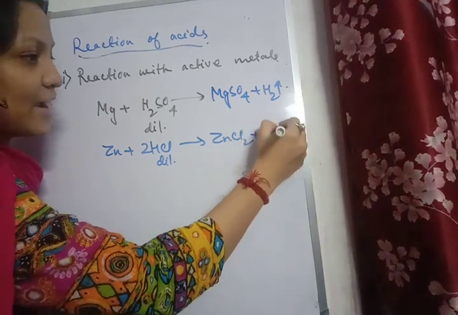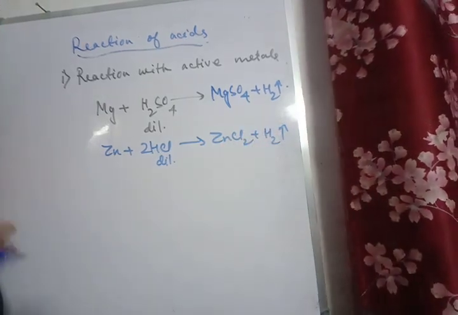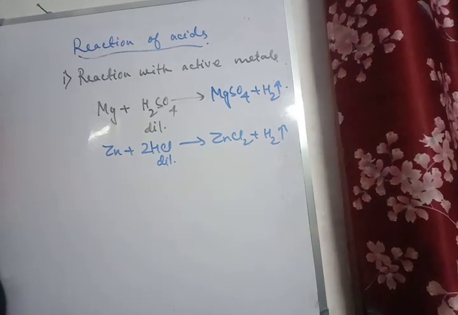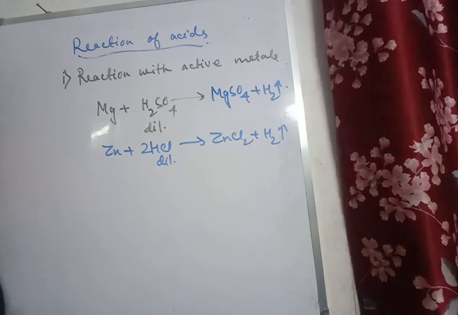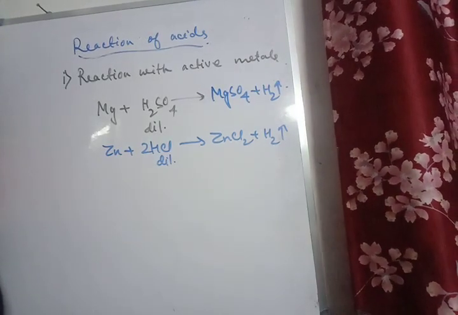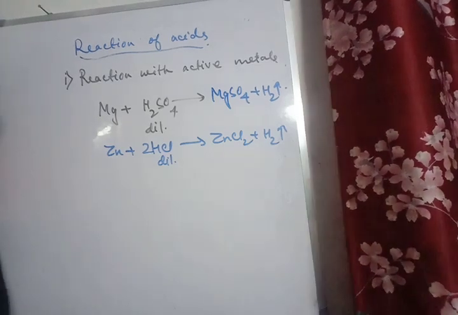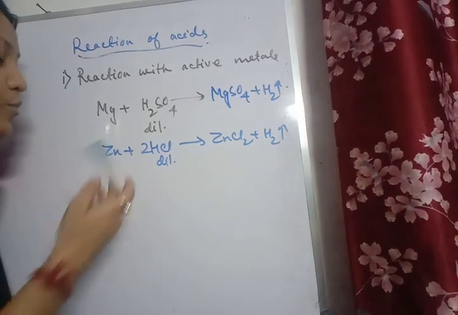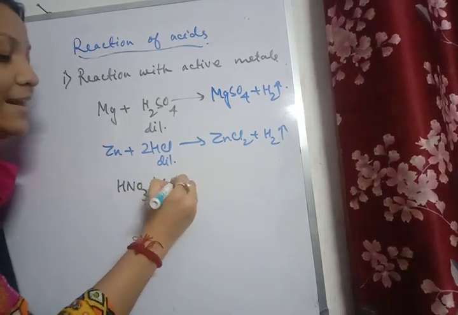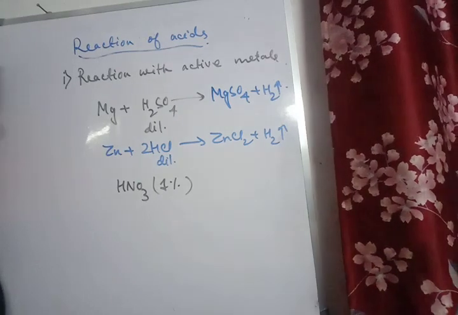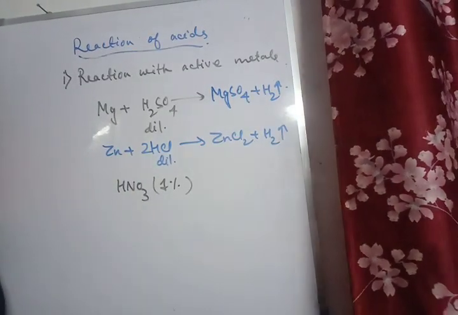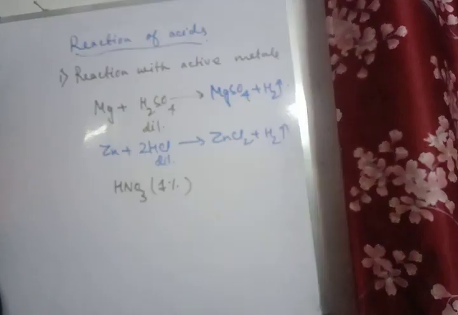Now in this particular reaction, we are going to use dilute hydrochloric acid or dilute sulfuric acid, but we avoid using dilute nitric acid because of its oxidizing nature. It oxidizes hydrogen gas to water. So we don't use dilute nitric acid, but we use the very, very dilute nitric acid, which is HNO3 1%. HNO3 1% means it contains 1 ml of the acid and 99 ml of the water. So very, very dilute nitric acid reacts with metals like magnesium and manganese to form respective nitrate salt and hydrogen gas.